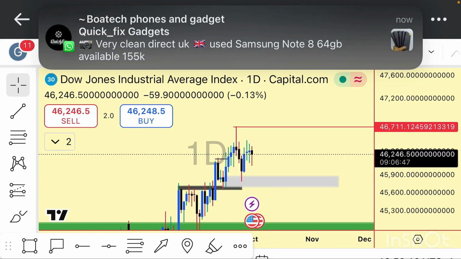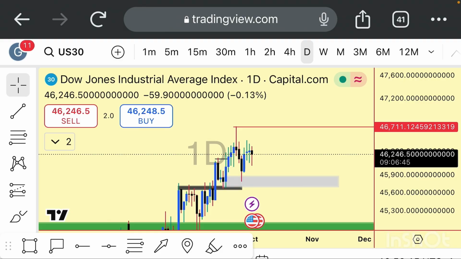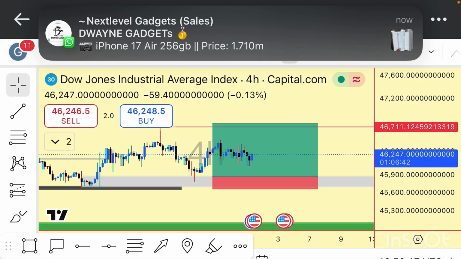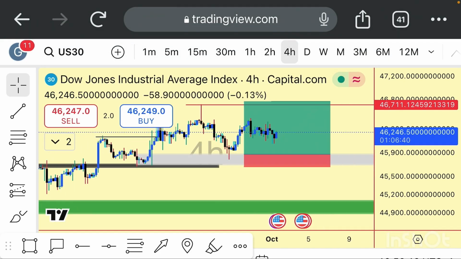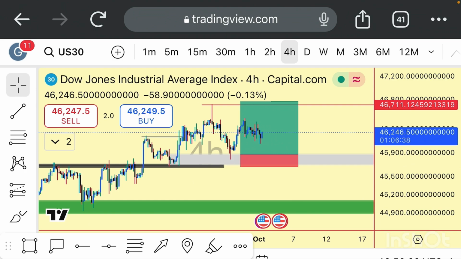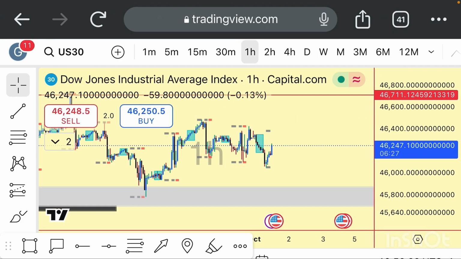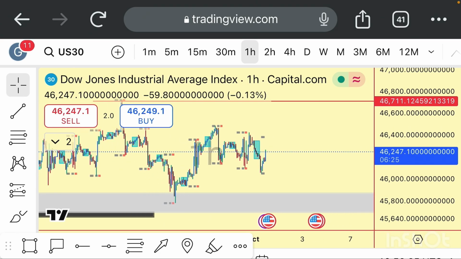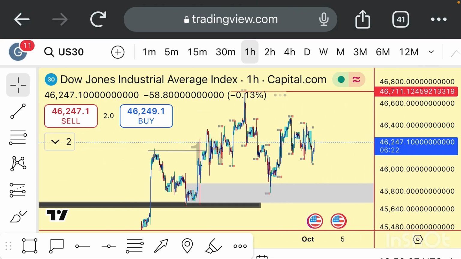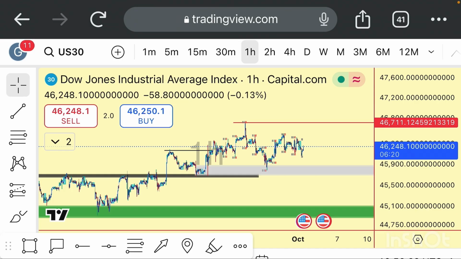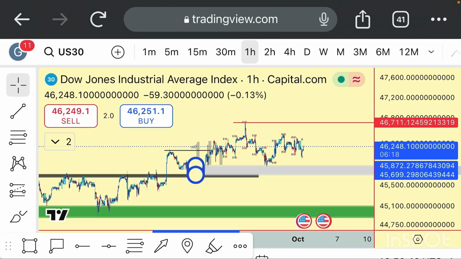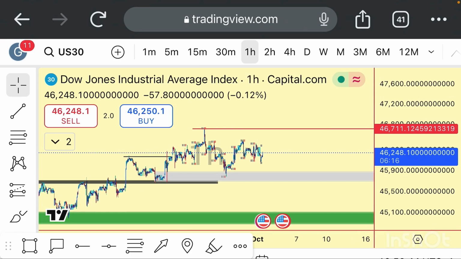Now obviously, if I come to the 4 hour for the market, this particular order block right here has already been tapped the first time, but I still believe it's going to come down unless I see a different push. From what I'm seeing here, the only zone I can buy US 30 is if the market retraces down to this zone here. Then I'm going in for another buy. So that is what I analyzed so far.